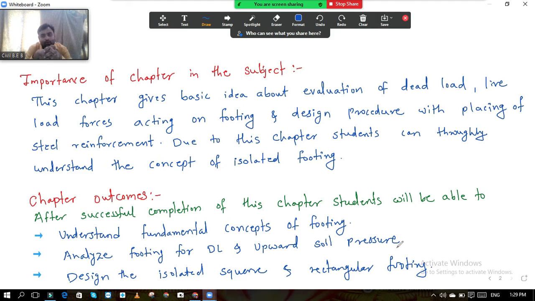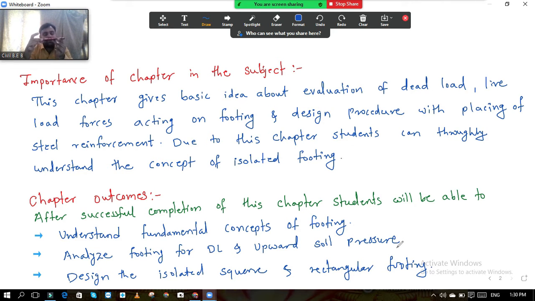In shallow footings, normally the depth of the footing is less than the cross sectional dimension of the footing. Suppose now this is a footing, resting like this, and the column rests on the footing like this. This is the column and this is the footing. You can see that this is the length of the footing and this is the width of the footing. L into B is the cross section, and this will be the depth of the footing.